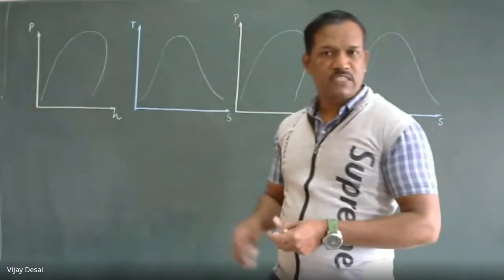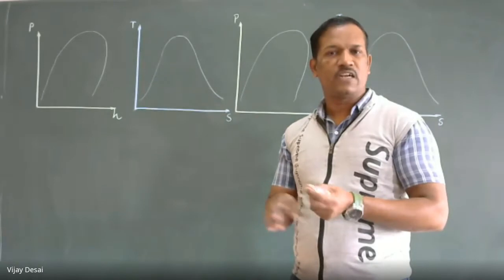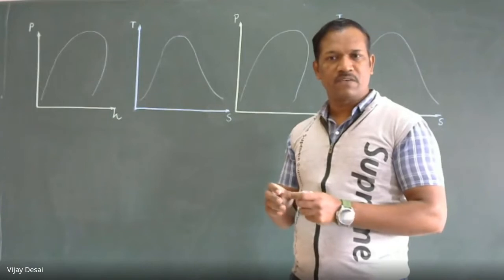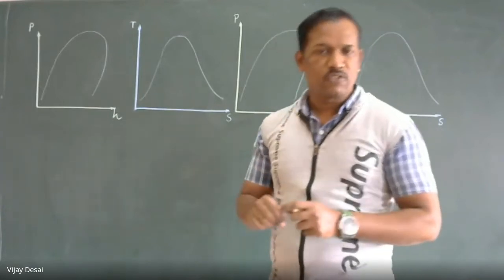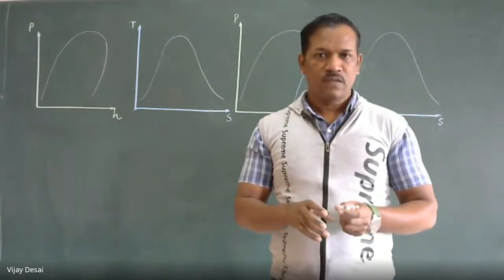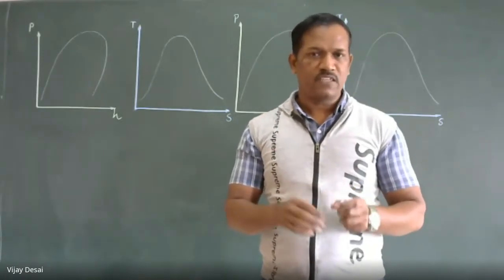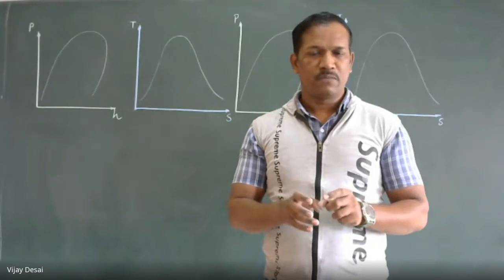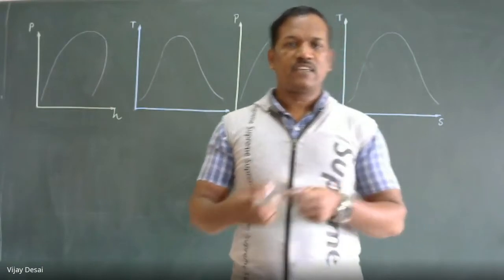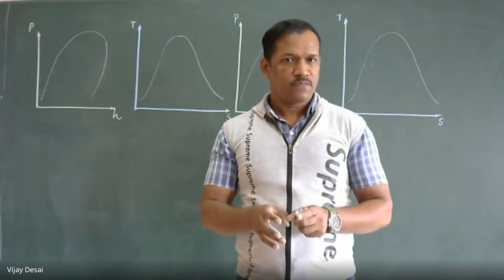So there is one compressor, whatever be the intake to the compressor, it will get compressed to very high pressure and high temperature. That high pressure, high temperature vapor refrigerant then passes through the condenser unit where it gets condensed, that means it converts into liquid form. That liquid is then passed through an expansion device where pressure is reduced, and then the low pressure, low temperature liquid refrigerant passes through the evaporator unit where it extracts the latent heat from the food content and it becomes a mixture of vapor